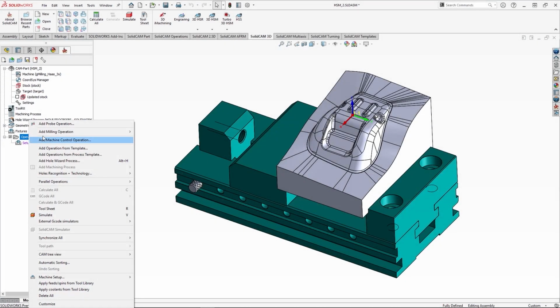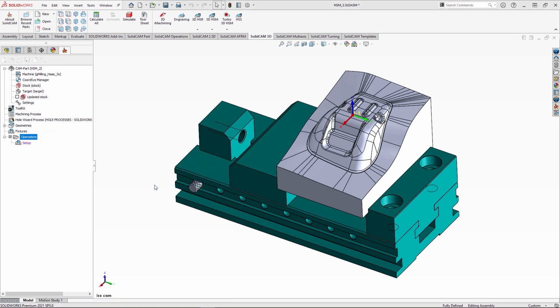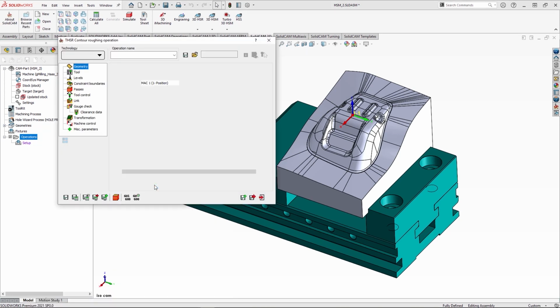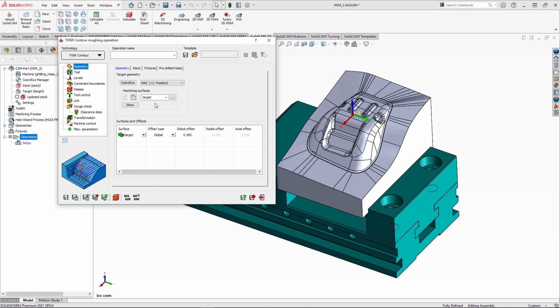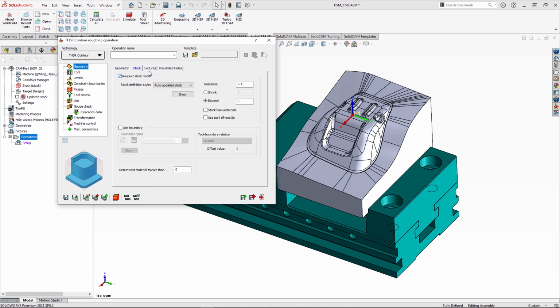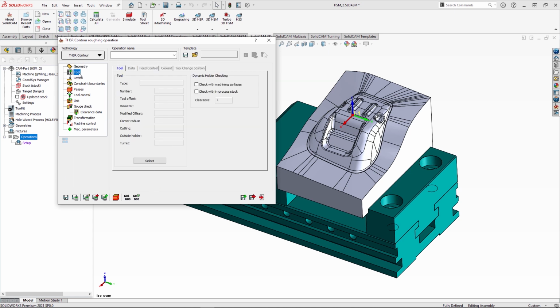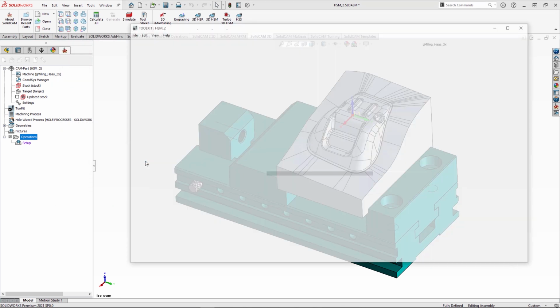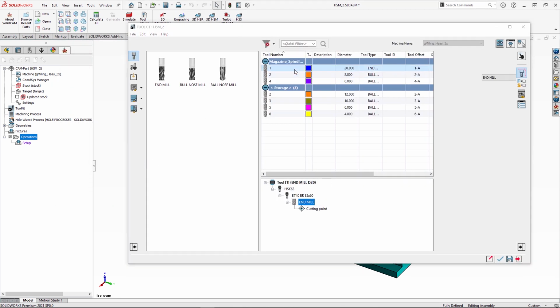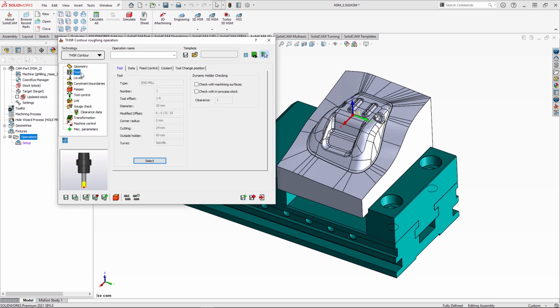Hi and welcome. Today we're going to have a look at how simple it is to start machining with Turbo HSR and HSM for 3D operations. As you can see, to start off with, I've come to Turbo 3D HSR. I've picked a stock and respecting the fixture. I can then go and select a tool, in this case a 20mm mill.